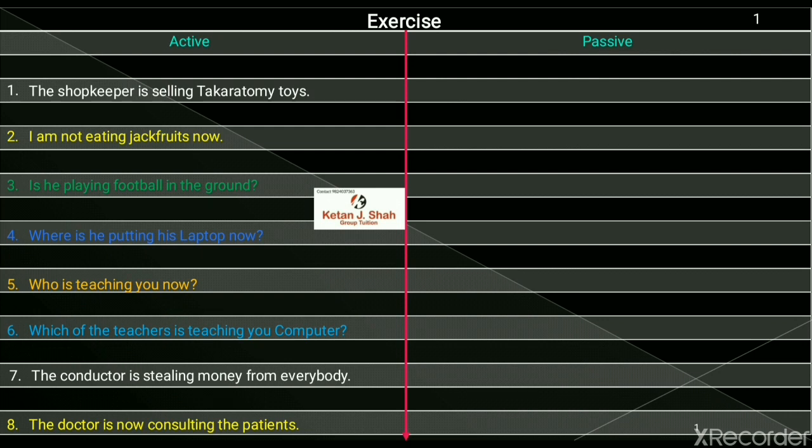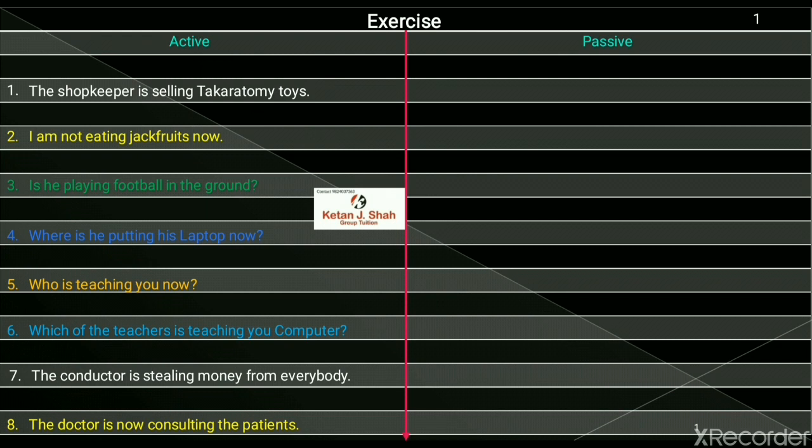Now the passive forms. But before that, you will have to understand which tenses these are, so that you can then convert them into the passive voice. To figure out the tenses, go and see the formation table of active and passive voice in the first part. Or you can also watch our tenses video part 1 and 2, link in the description. Now the passive forms of all these sentences.